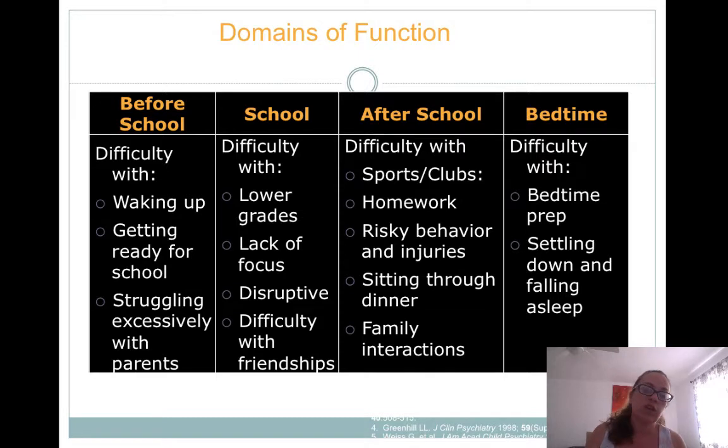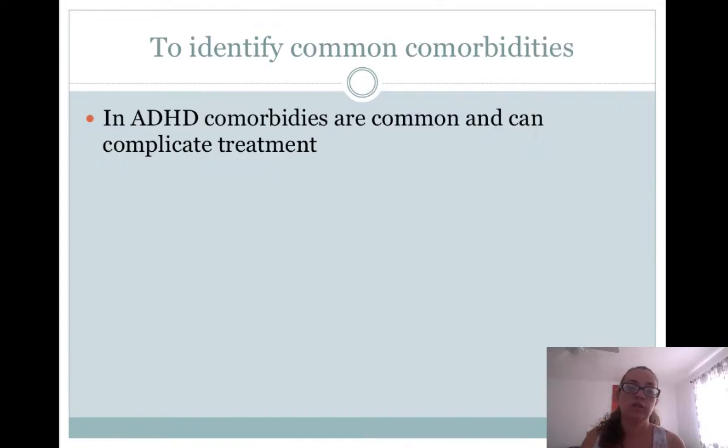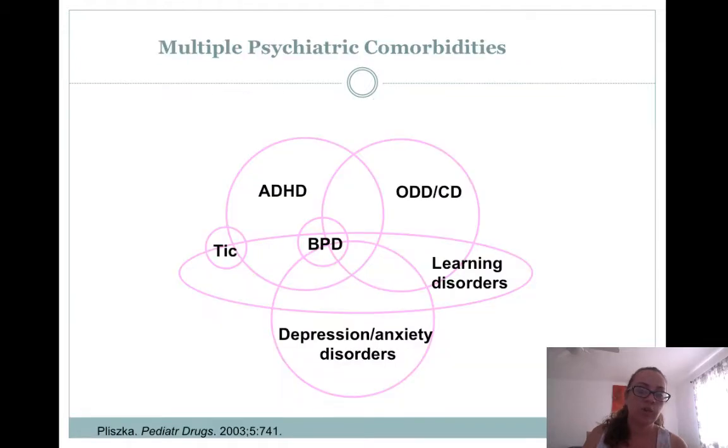Do you eat together? That's one of the best predictors. I know I've said this before, but there's a few really good predictors of success in life. And sitting down to a family dinner together is a huge one. And then what's the bedtime routine? So these are all things that you could ask about and assess to determine if the kid really has ADHD or not. All right, and then comorbidities.